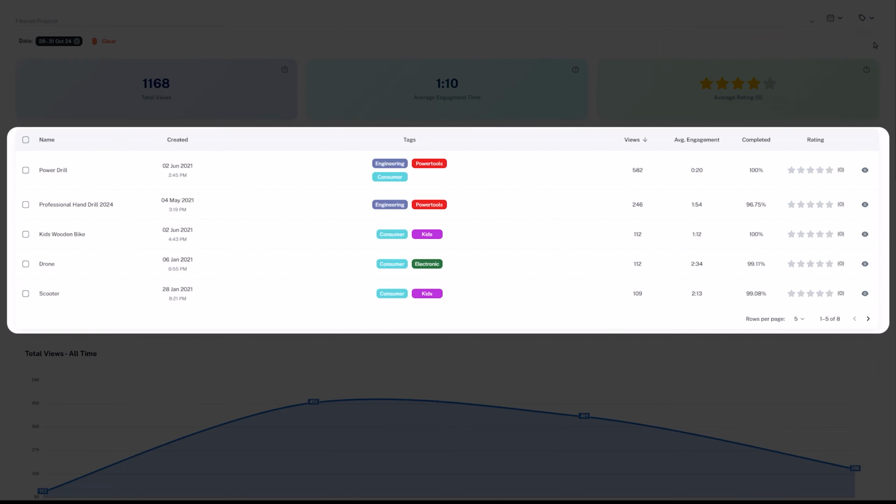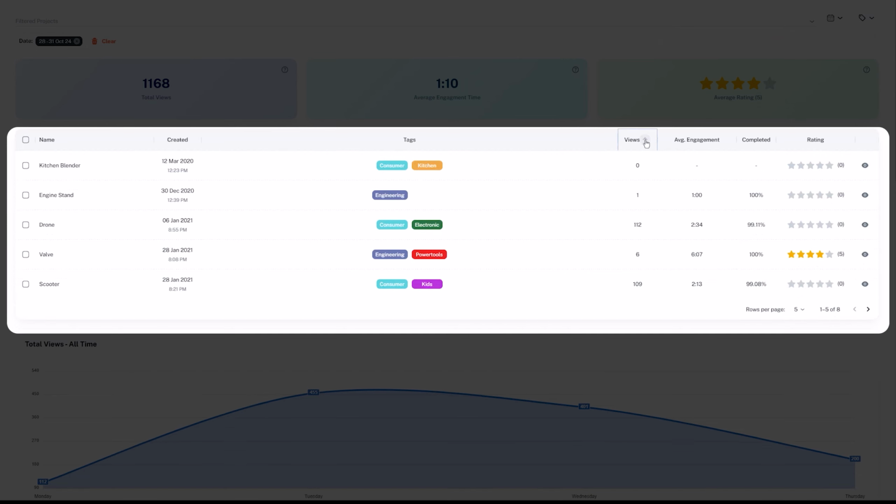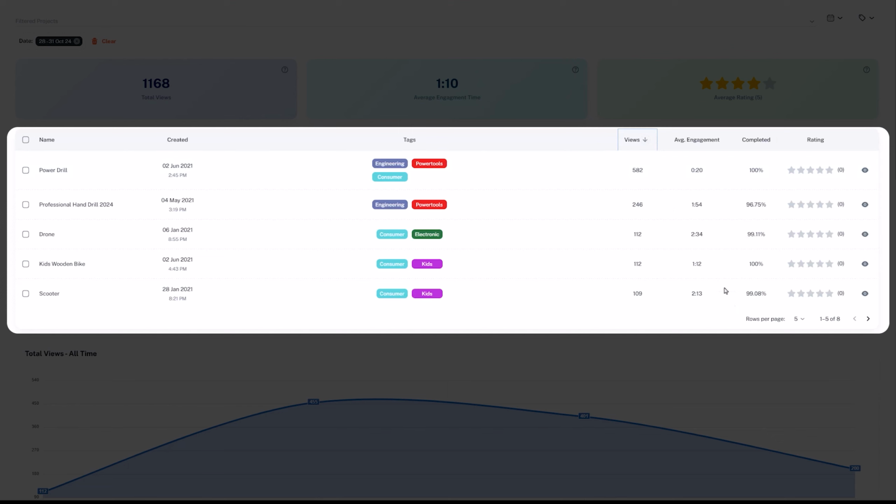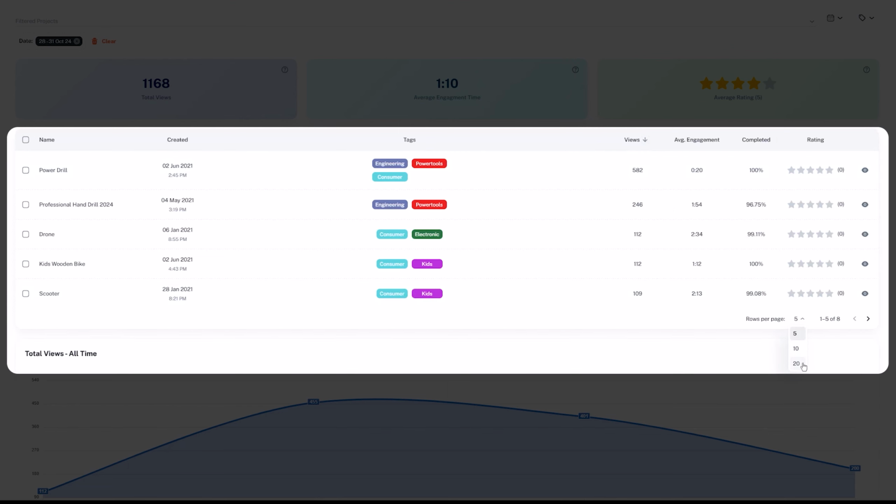The next section shows a list of all your published projects, breaking down the average stats for each one. By default, this is ordered by total views, but you can change the order by clicking the headings. Use the pagination controls at the bottom to change how many projects are visible and which page of the table